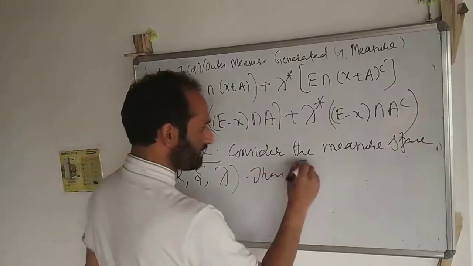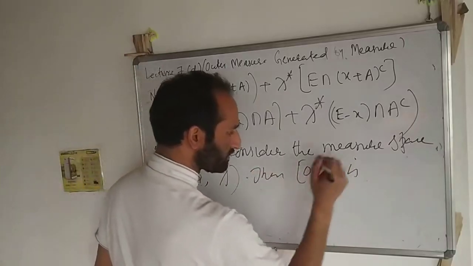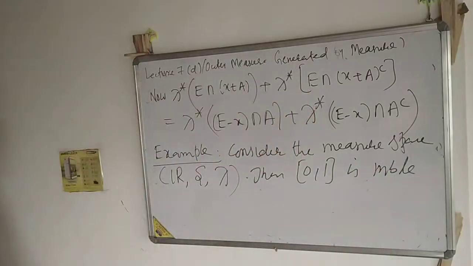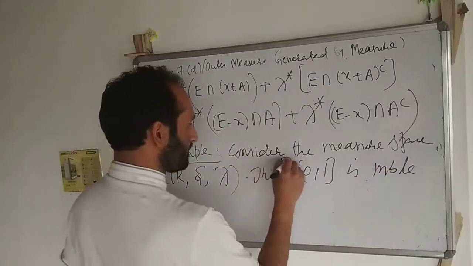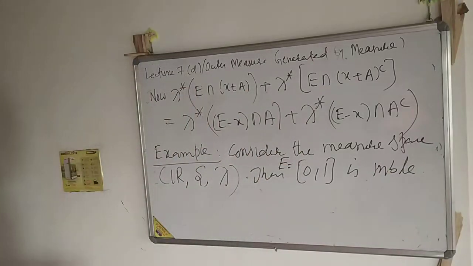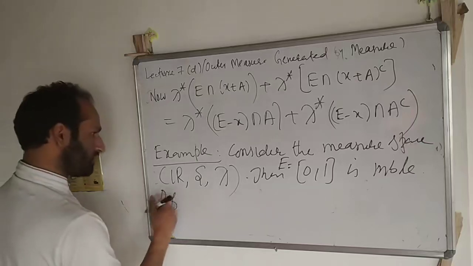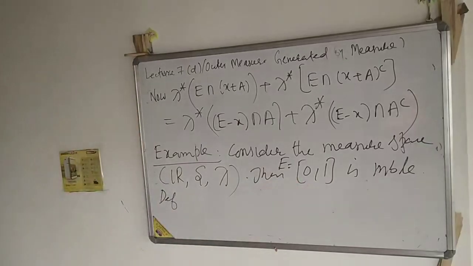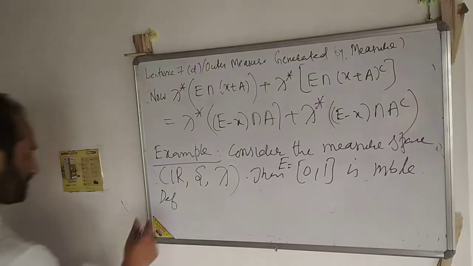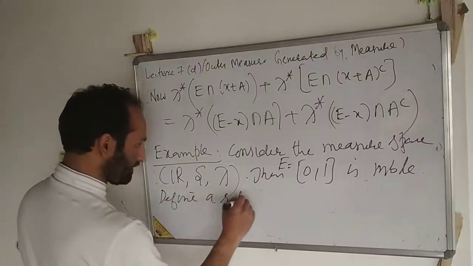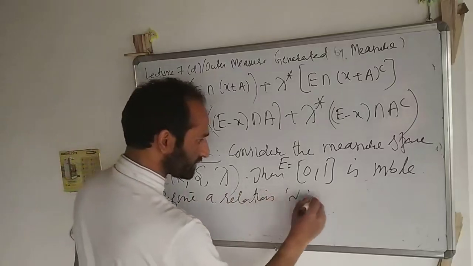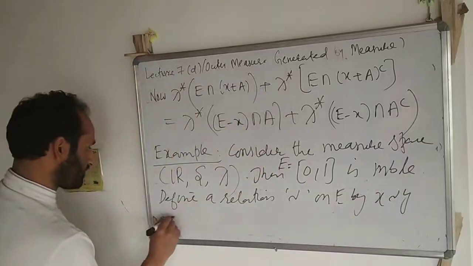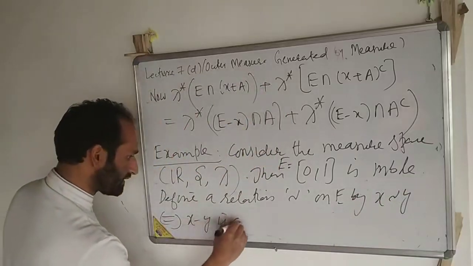Then we know that this interval [0, 1] is measurable. This is already proved. So let's denote this by E. We define a relation on E. We will show that there is a subset of this interval [0, 1] which is not Lebesgue measurable. So define a relation on E by x is related to y if and only if x minus y is a rational